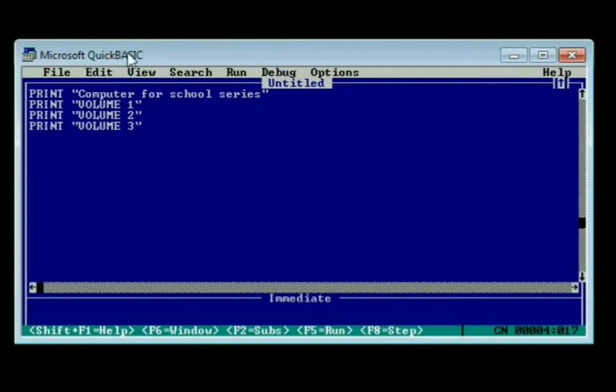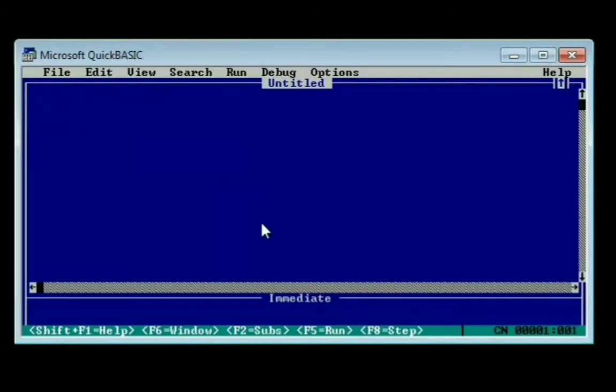Now children, let us see one more example that is given in the illustration. Here we have to print BASIC stands for Beginners All-Purpose Symbolic Instruction Code. To do so, we will type the following commands. So children, as I told, first of all, we will type CLS to clear the output screen. After typing CLS, I will start writing my print command. Print, double quotes, basic, double quotes closed, enter, print, and like this I will write all my statements.